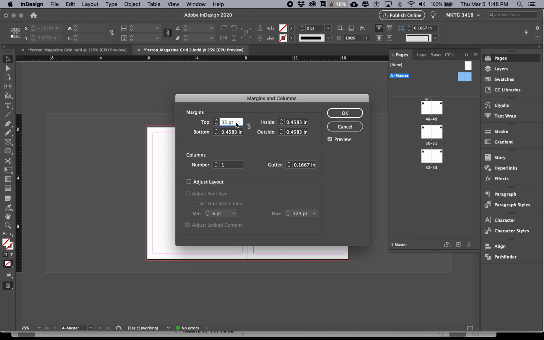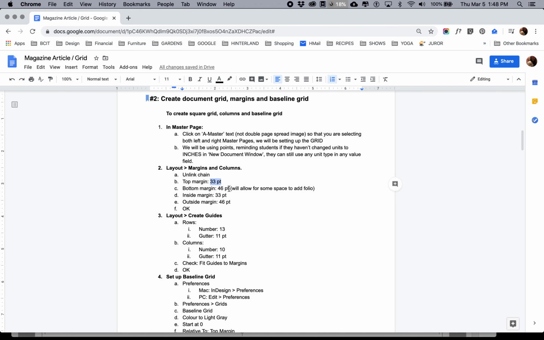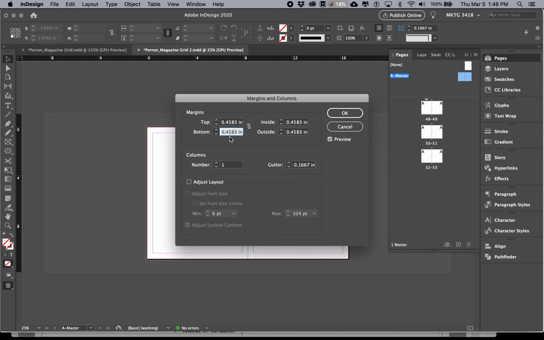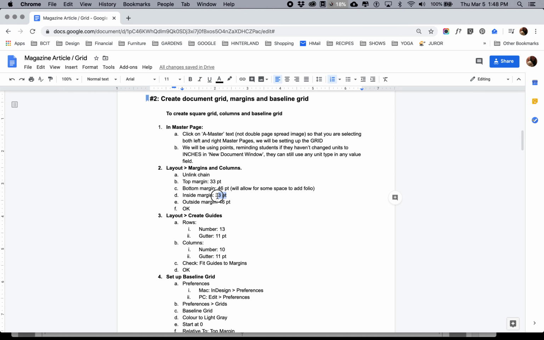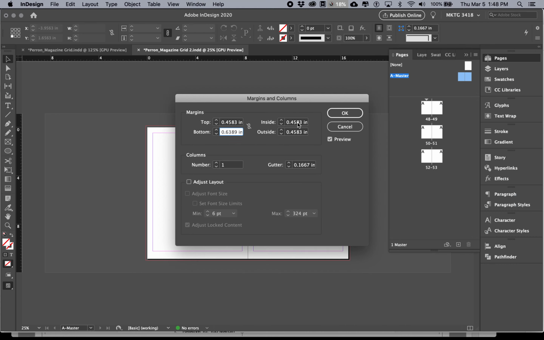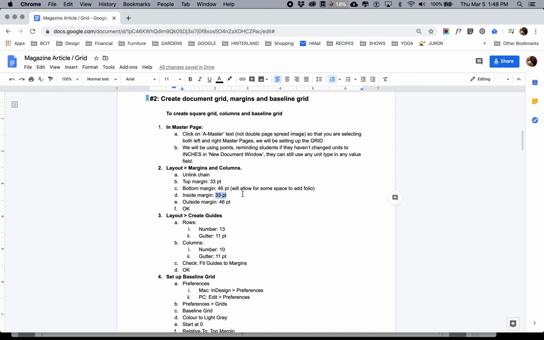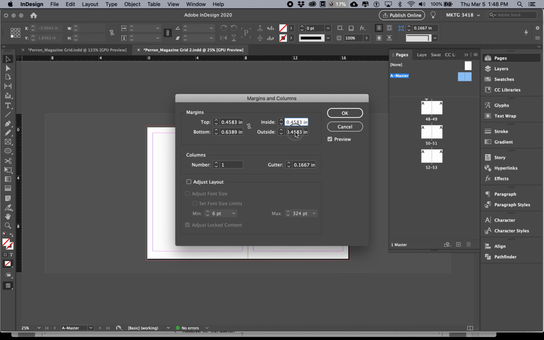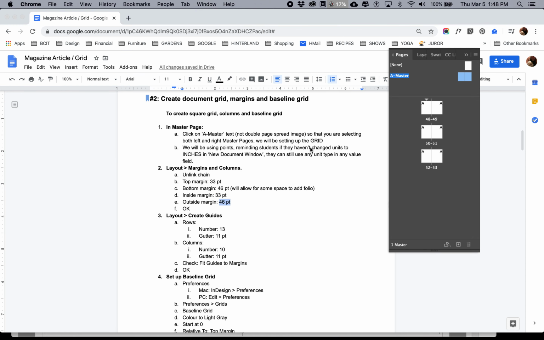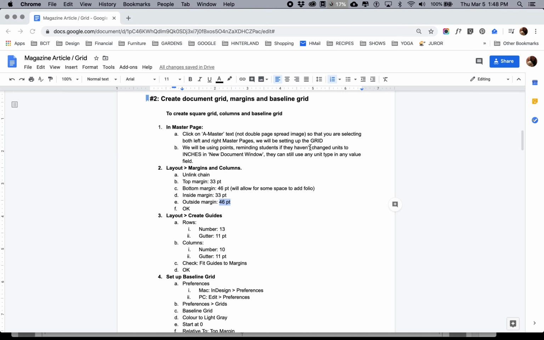So I'm going to now just put in the word point there, and you'll see as soon as I unselect that field, it will automatically convert it into inches. That is fine. I don't need to worry about it. I don't know what 46 point is in inches, so I'm just going to use the point measurement system here, and InDesign will automatically update that for me. And then when I press OK,